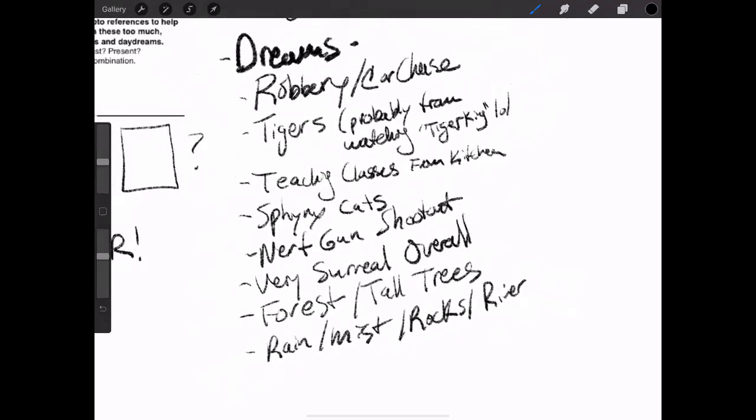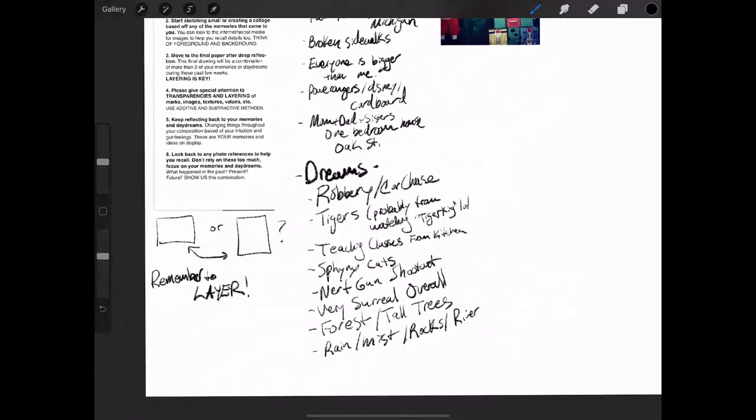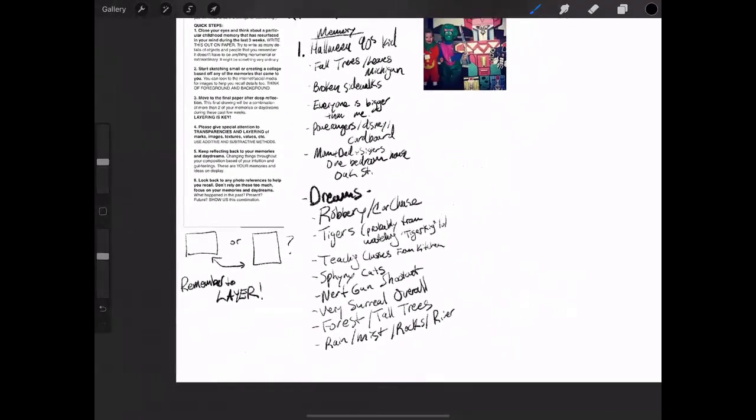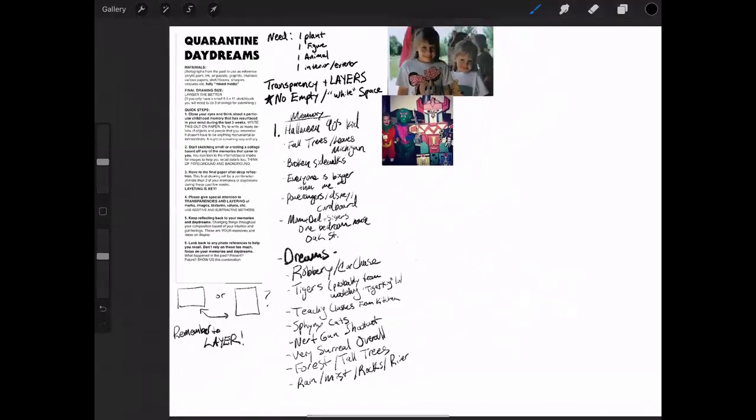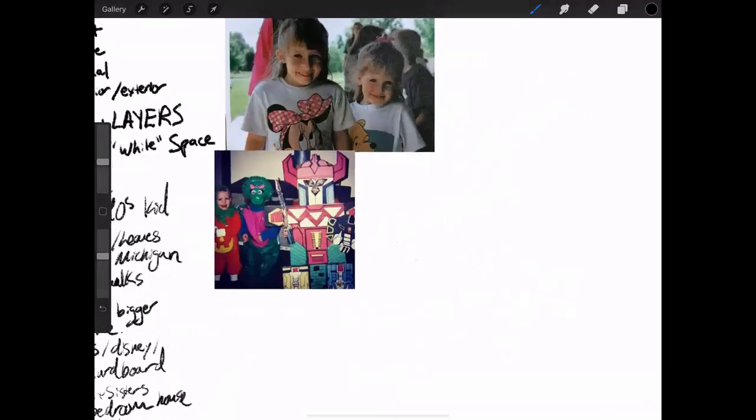But that's just a quick list of some things that I might be able to pull imagery from. And I do just have a couple reference images here of the upper photo. There's my sisters, and I see the Disney Minnie Mouse shirt my sister's wearing, and the Winnie the Pooh shirt. We were at some gathering, and that was just one of my favorite pictures of my sisters when